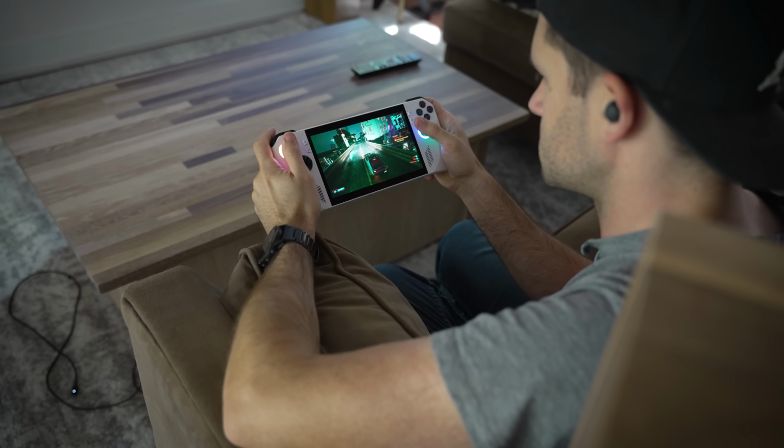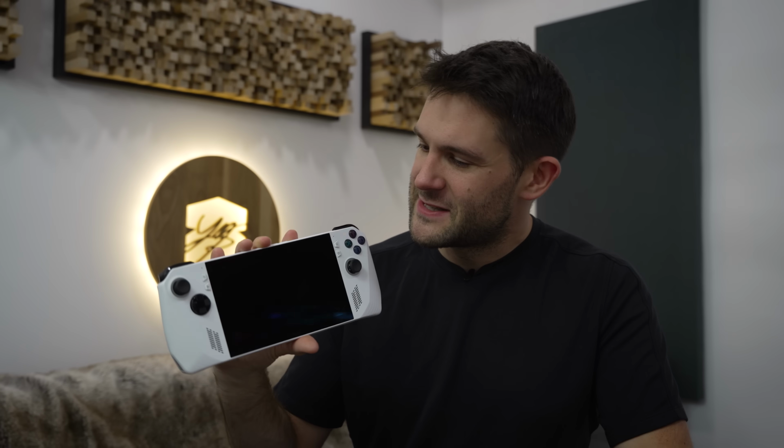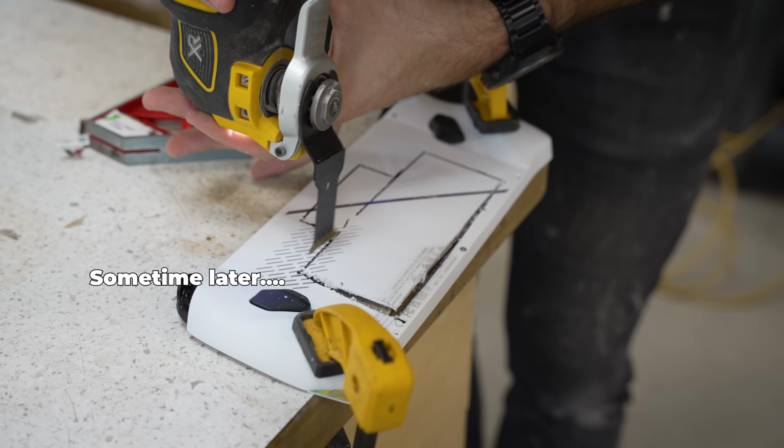You see, this is my ROG Ally, and I've had it for a little while now, and what I've learned is that it's definitely got some big weak points, and if I'm being brutally honest, it's failed to live up to my expectations. But fear not, because with a little bit of ingenuity and a little bit of elbow grease, I think we can fix all of those. That's right, today we are going to void my warranty, wish me luck, and we are going to build the